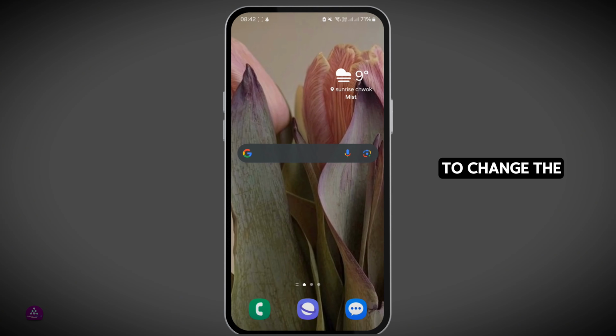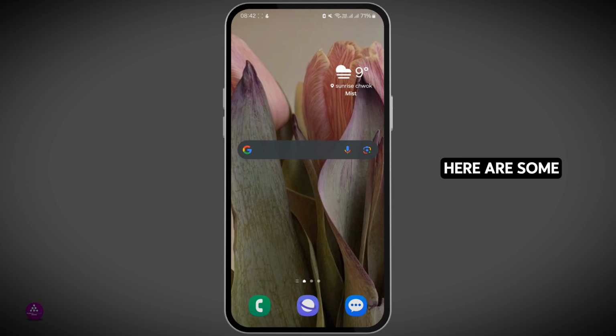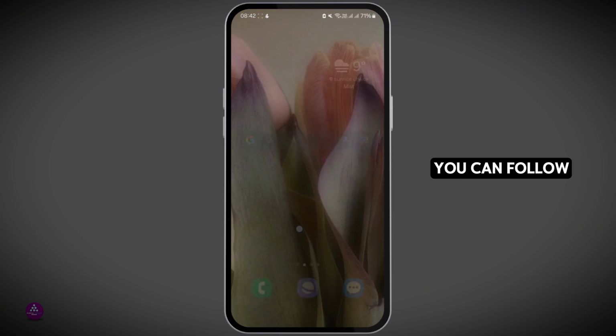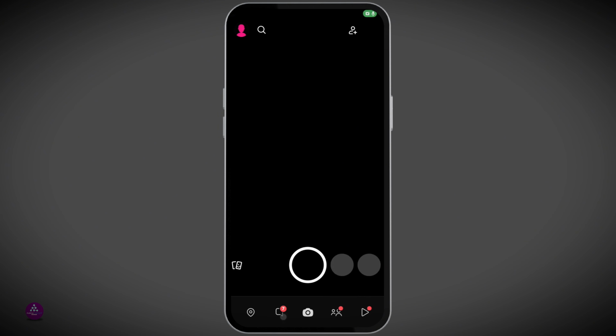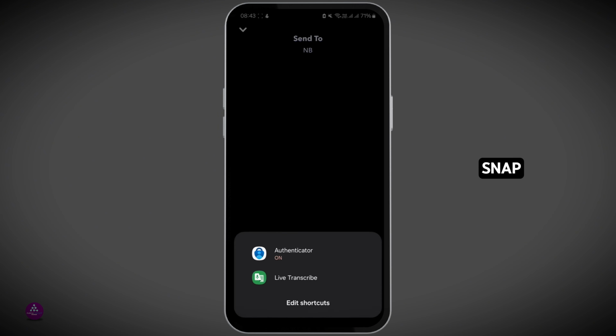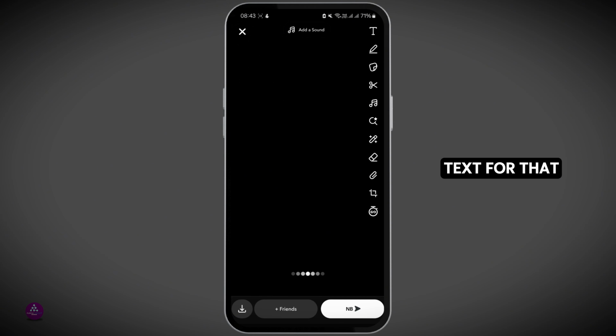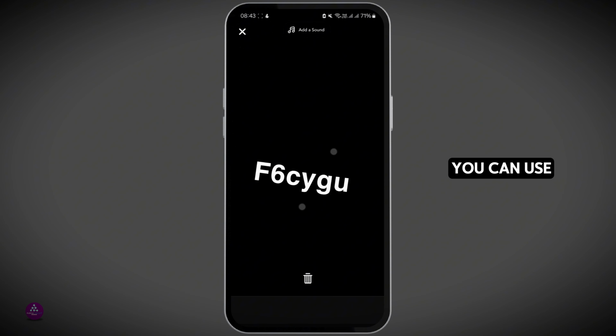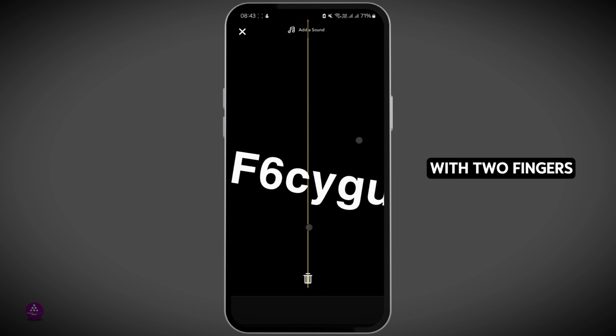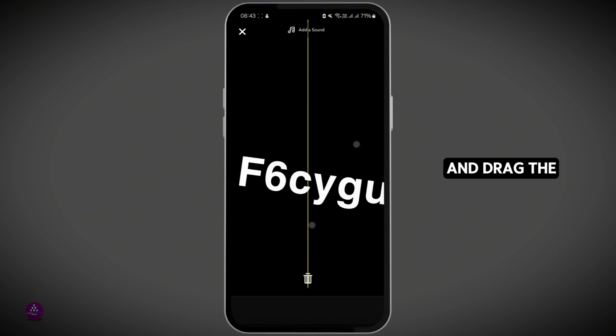If you want to change the font size on your Snapchat, here are some easy steps that you can follow. First of all, open your Snapchat application on your mobile device. Open a chat and capture a snap. Now enter your text. For that, tap on the text icon at the top and then enter a text. Once you're done, you can use a pinch gesture with 2 fingers to resize the chat and drag the text